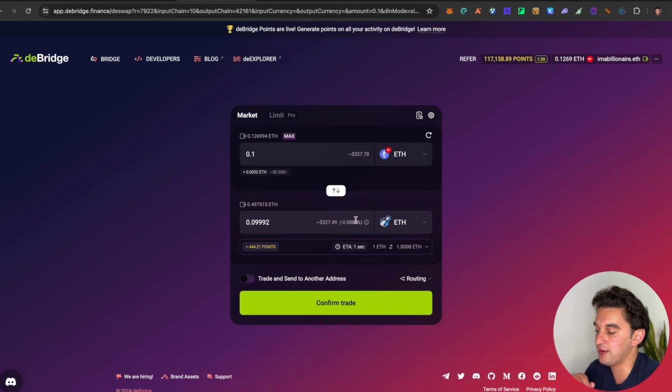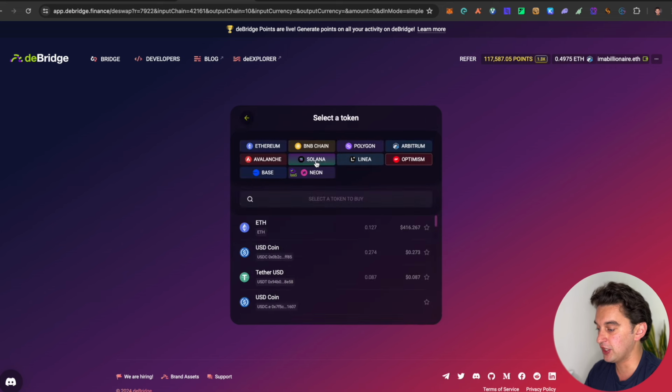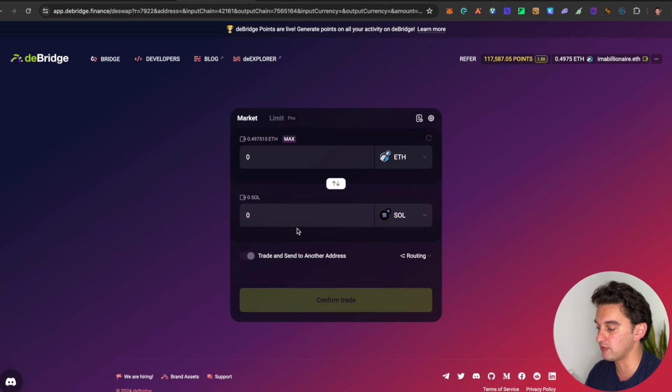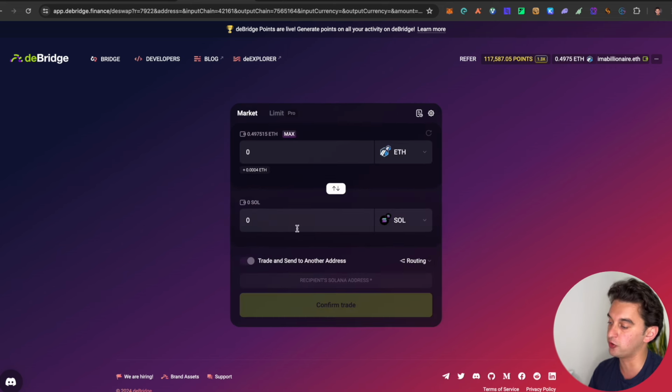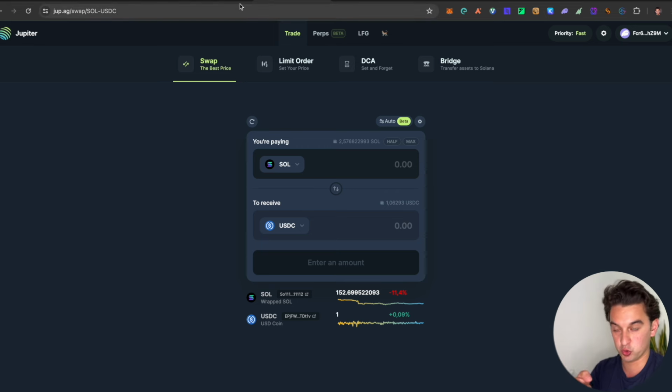But now that we have them on Ethereum, what can we do? Well, the next step is to go and send them over to Solana, which with dBridge we can do very easily. As we see over here, we click on Solana. Now that we have them on Solana, this will allow us two new airdrops. First of all, it is going to allow us to go and get the Jupiter swap airdrop over here. And once we have this, we're gonna go and send them back with deBridge over to Scroll,